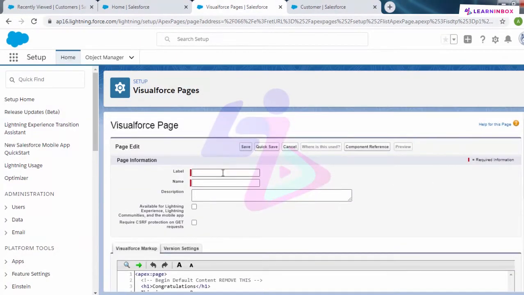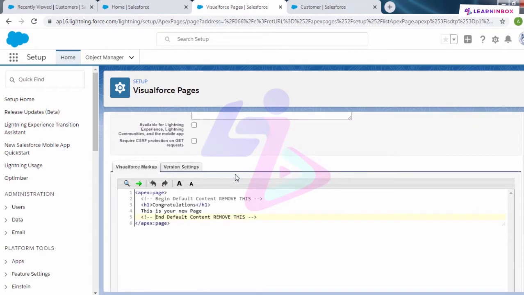So first we have to define the label for this Visualforce page. Let me give it an appropriate name. It's pagination. So this is my Visualforce page. Yeah. Currently there are some lines of code written here. Let me delete all these lines and I'll start again. So the very first thing in a Visualforce page we have to write is the apex:page tag.